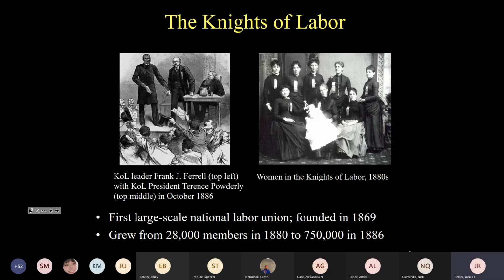Now, unfortunately, that did not extend to Chinese immigrants, and I'll talk about the case of Chinese exclusion on Wednesday. Terence Powderly supported the Chinese Exclusion Act of 1882, and most tragically of all, some Knights of Labor members in the West participated in anti-Chinese violence, notably at the Rock Springs Massacre 1885, in which dozens of Chinese mine workers were killed by white miners, including members of the Knights of Labor. So the Knights of Labor have a mixed record on matters of race. They were pretty progressive with regard to African Americans, not so much with regard to Chinese immigrants.